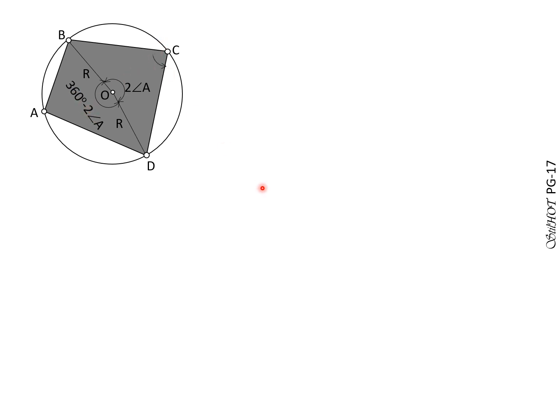So that is, angle C is 1/2 of the corresponding central angle. Distribute 1/2, so angle C is 180 degrees minus angle A. Or, opposite angles in a cyclic quadrilateral are supplementary. Since angle C is 180 degrees minus angle A,